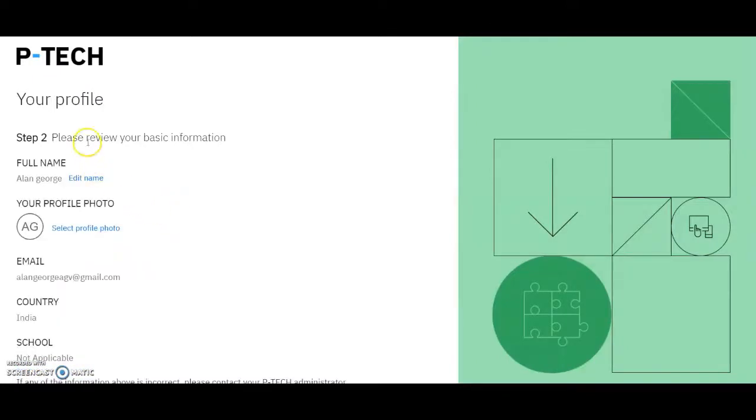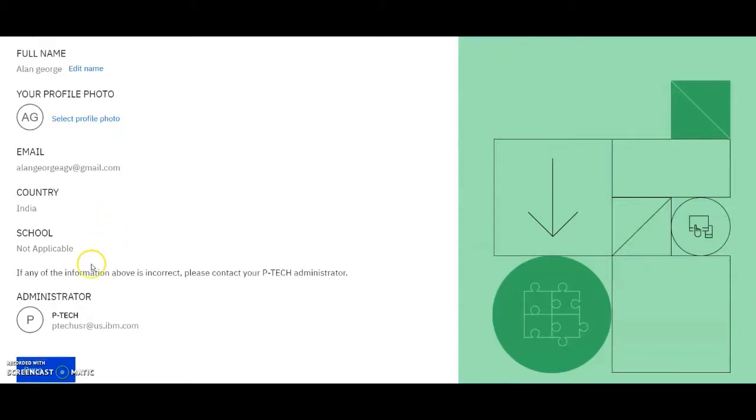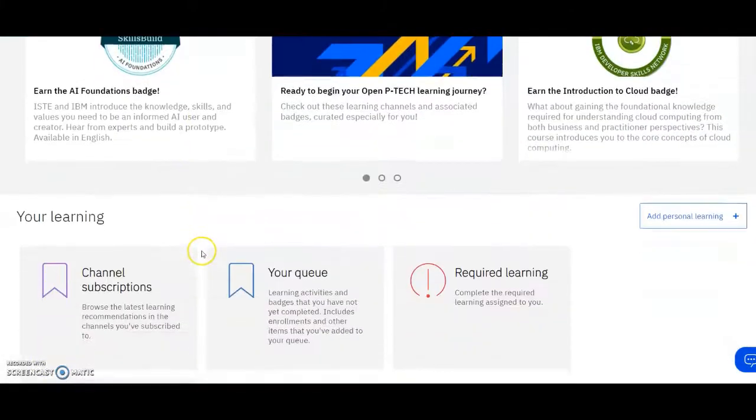They will redirect it, they will make sure that it is our own profile. So all these things you are supposed to enter, and when you are showing which institution you are from, please enter SFS College and don't go for St. Francis de Sales, go for SFS College itself. That will be better and you can start doing your courses.